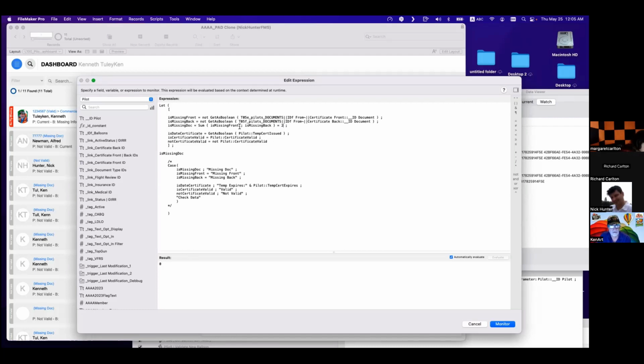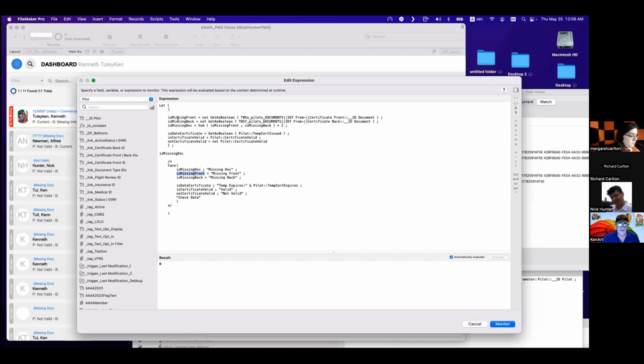So the sum of this, because this will return 1, 1. So 1, 0, or 0, 1, or 0, 0. So if this is equal to 2, that means if I have a 1 here and a 1 here, if this is missing and this is missing too, that means missing doc. So this works. I don't understand why this doesn't. And why did it miss this?